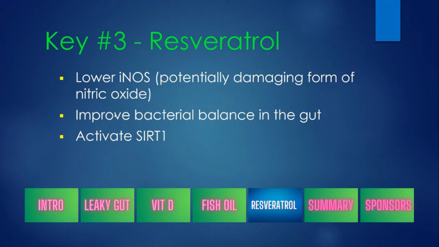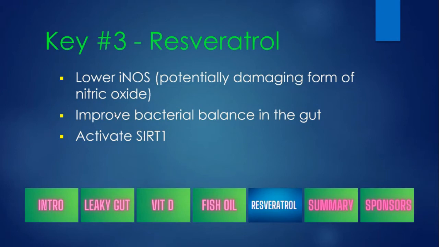And eNOS is probably the one that's more popular, has been talked about more. It's the one that you really activate that gets vasodilation occurring. The vessels dilate and you get better blood flow. Some of the medications for erectile dysfunction work on this mechanism, trying to enhance that pathway. But iNOS is something that is lowered with resveratrol, which is great because in a lot of cases we want to dampen that. It's something that needs to be reduced to help reduce the inflammatory process. So that's pretty cool, resveratrol. That's one of the things it does. It also has been shown to improve.